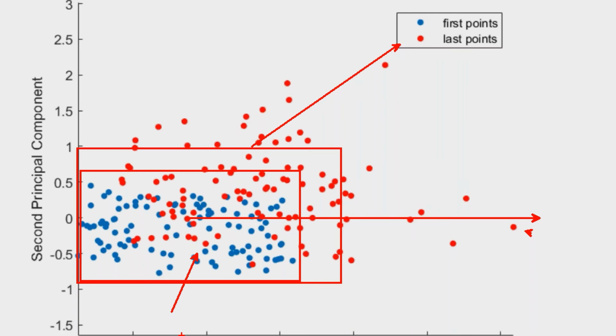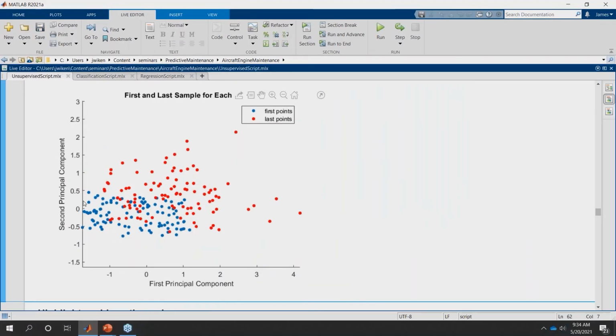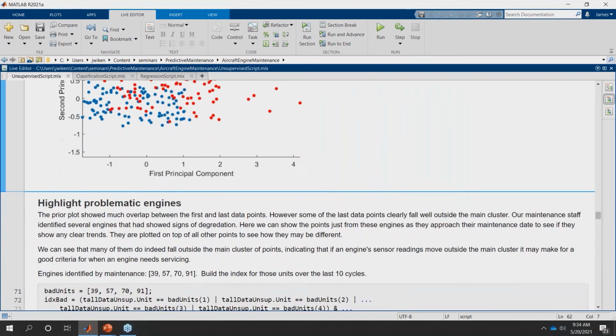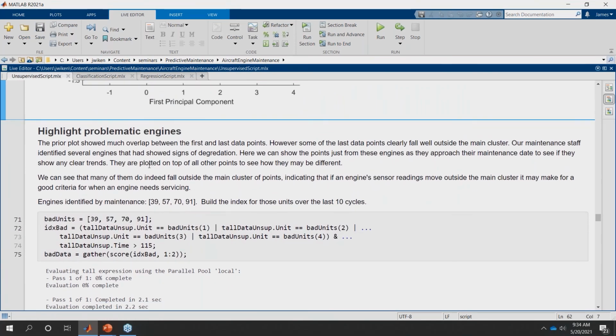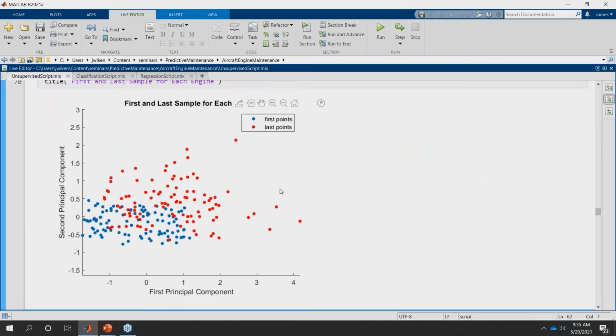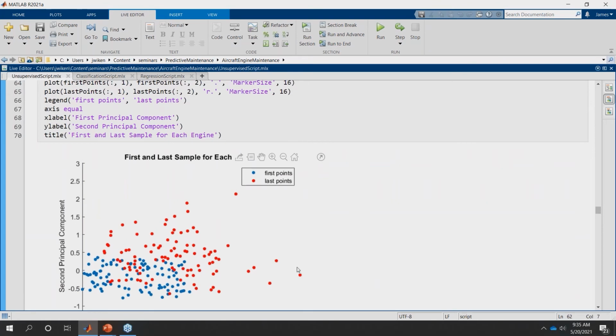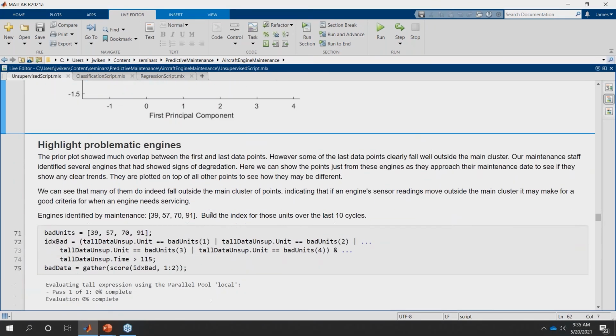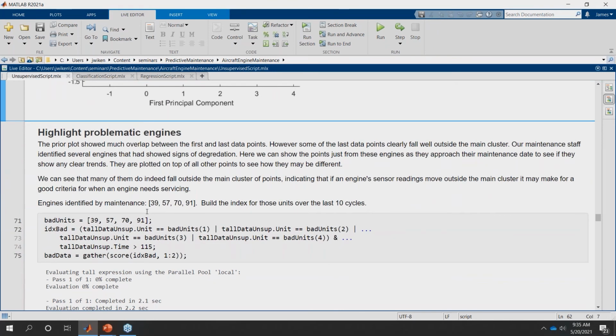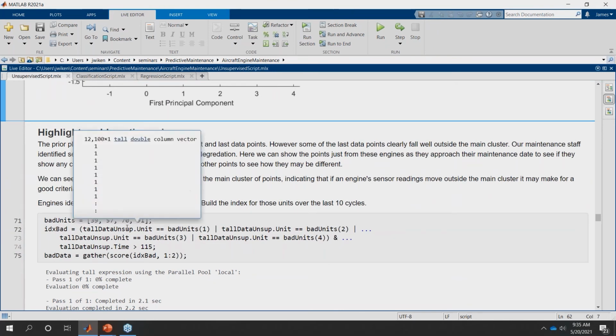Okay, but we're starting to get a sense of the shape of things, see how things evolve, see these regions of normality versus moving closer to degradation or failure. This is what we're trying to do here. Now, I said that we need to test this, right? We need to test to see, hey, are these ones that are really far out actually the problematic engines? I did say before that we have some information from our service techs,